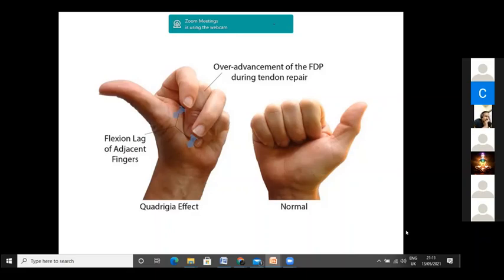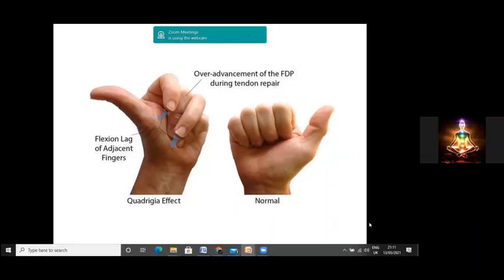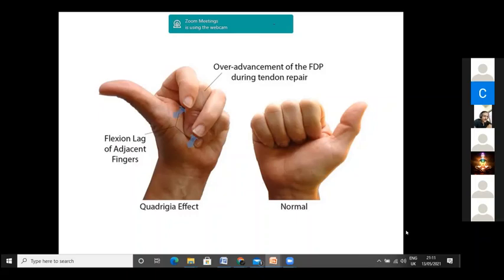Sir, because of the shortening of the tendon by making the tunnel. When we try to flex the fingers together, because the tendon is shortened in that finger, that finger will go first, and all the others follow. So that is called the quadriga effect. One horse is running faster, and the rest have to follow, but that will not effectively increase the pace. So that synchronicity is lost.